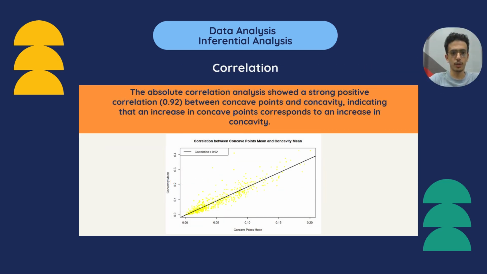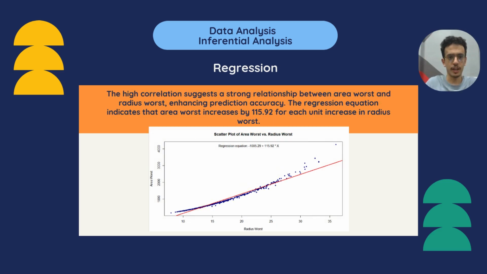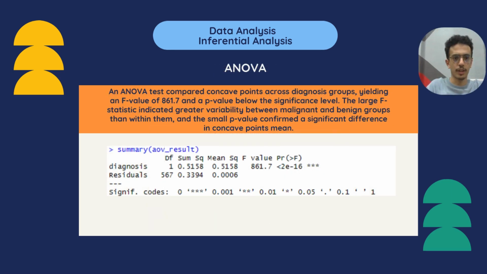And the correlation analysis showed a strong positive correlation, which is 0.29, between the concave points and concavity, indicating that an increase in the concave points corresponds to an increase in the concavity. And for the regression, the high correlation suggested a strong relationship between the area worst and the radius worst, enhancing the prediction accuracy. The regression equation indicates that the area worst increases by 115.92 for each unit increase in radius worst. And lastly, an ANOVA test compared